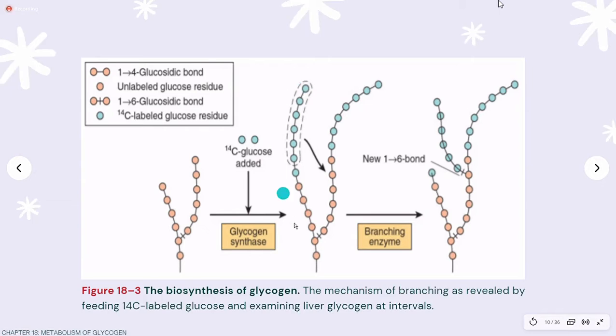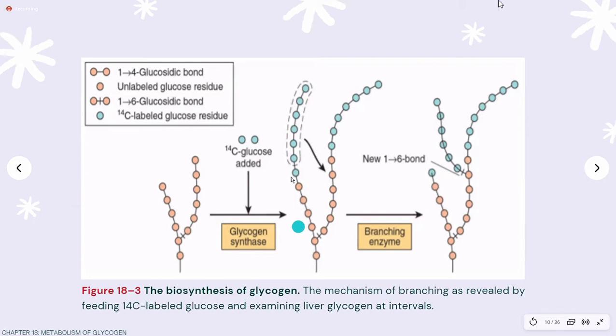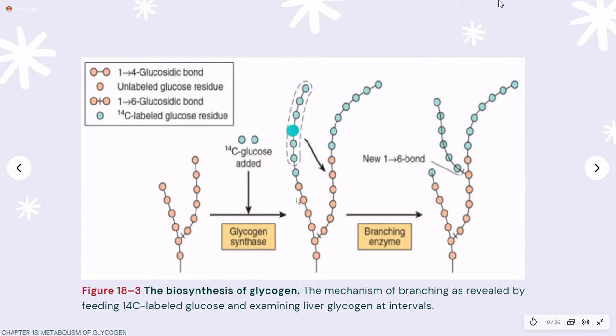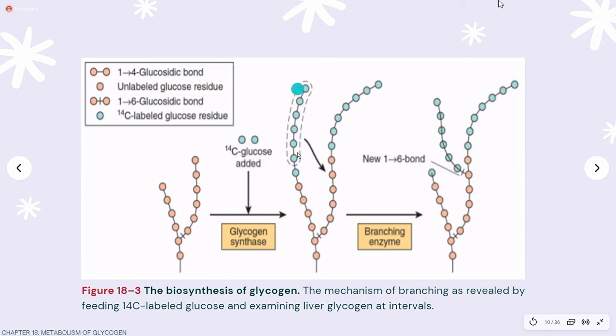Once you have glucose units from a branch about 1, 2, 3, 4, 5, 6, 7, 8, 9, 10, 11. Once you have 11 glucose units or glucose residue from a branch point here,